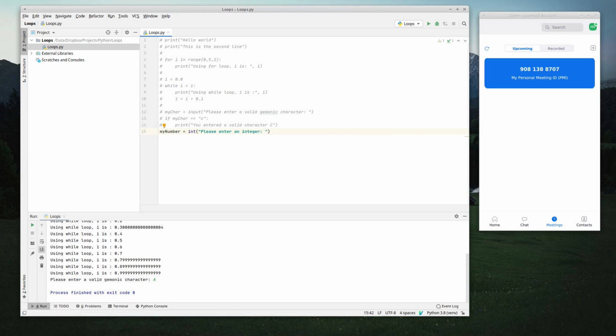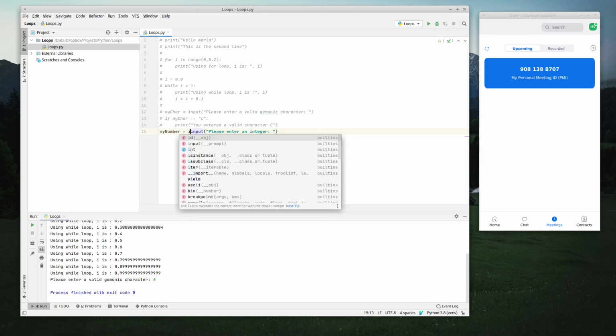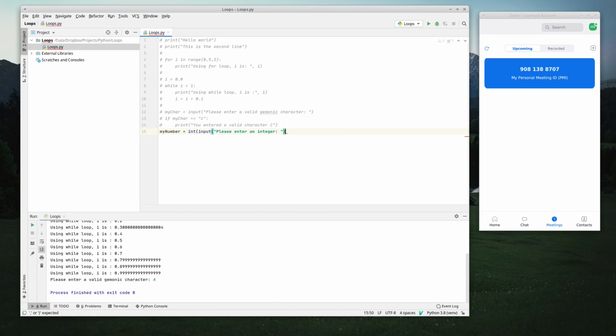Now remember, Python's input command prompts the user to enter a number, but whatever is input is going to return it as a string. In order to convert that to an integer number, which I'm going to work with, I need to cast it, convert it to an integer. From this point, I'm going to perform, if my number is less than 0, then I'm going to say